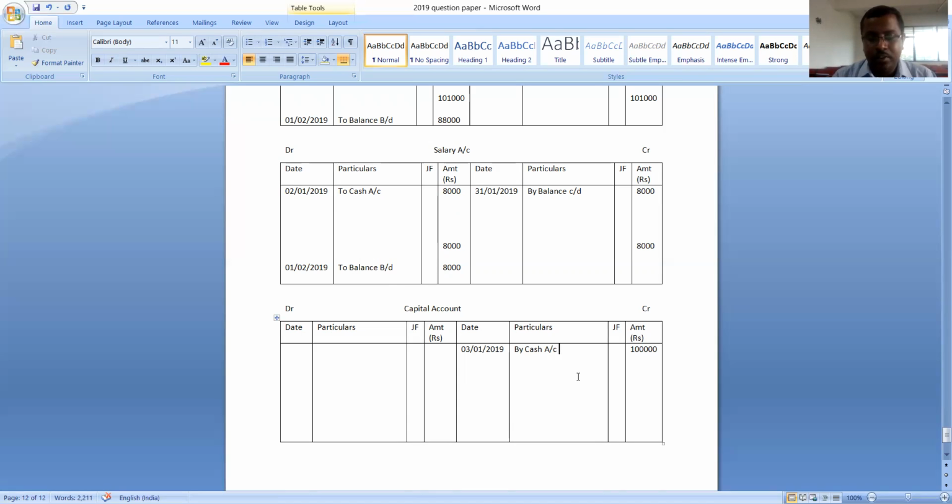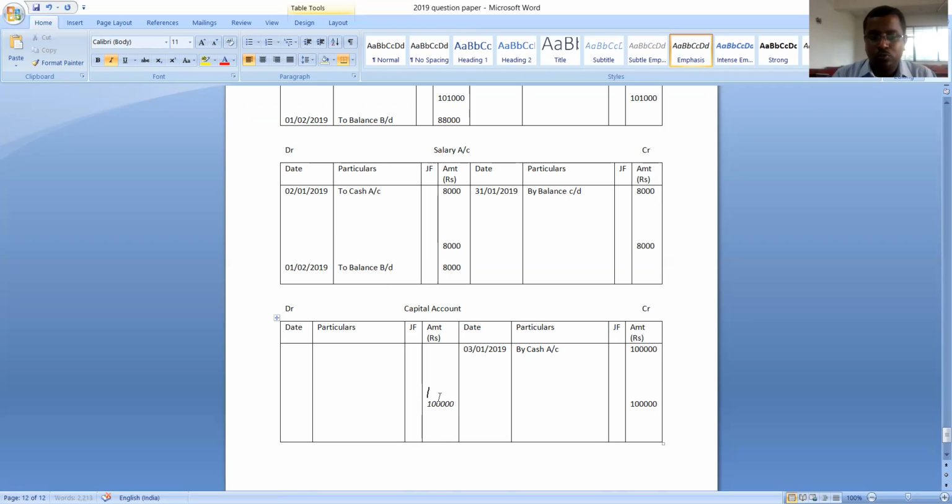The capital account is here. Let us close this capital account. Total the debit side or credit side, whichever is higher. Which side total is more? Credit side total is more. How much is the total of the credit side? It is rupees 1 lakh. Take the same figure on the opposite side of the account. How much is it? It is rupees 1 lakh.